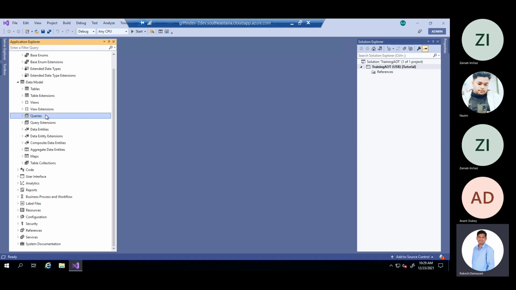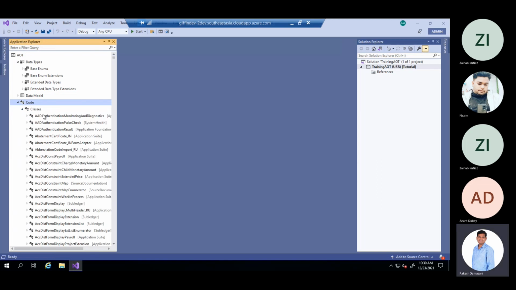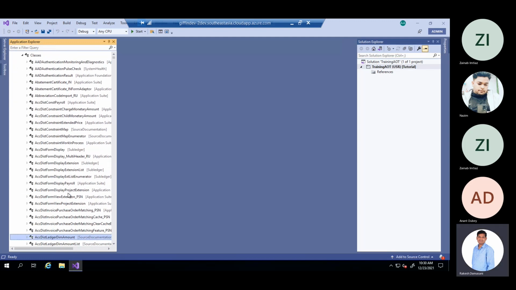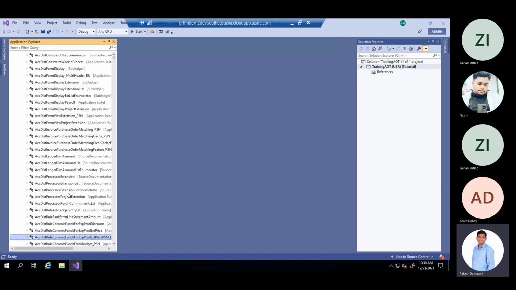These queries will be used on reports or some forms. And whatever classes we create will come and sit in the Code, Classes node. These are all the classes available in the standard system, which were created for some processes.